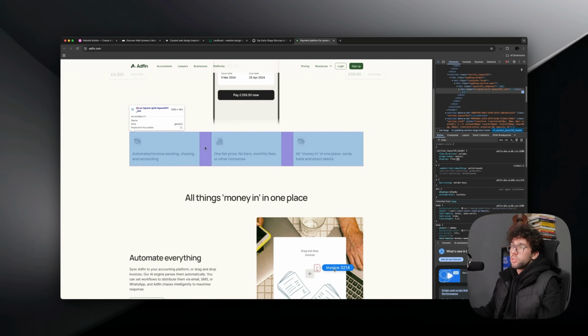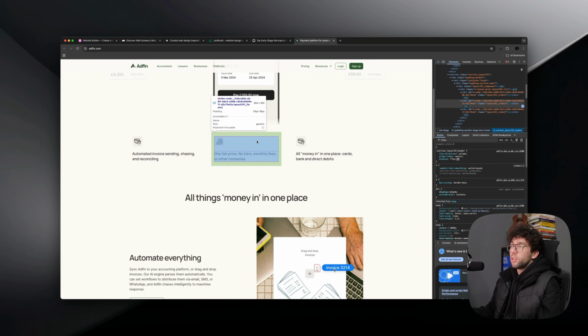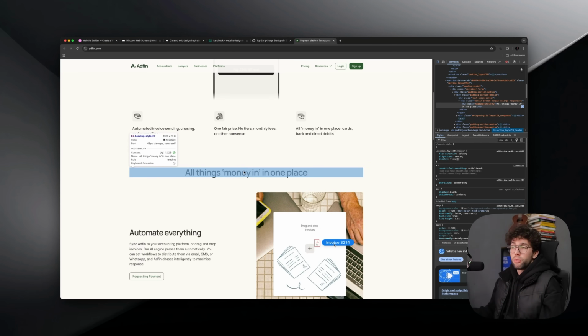And so it's very easy to see, okay, they have 3 columns here. Then here they have 24 paddings and 16 paddings. First of all, it's a really helpful tool just for you as a designer because you understand how designs are made,